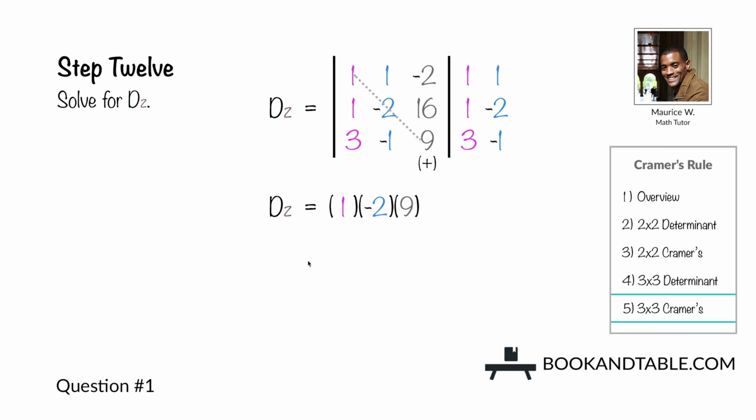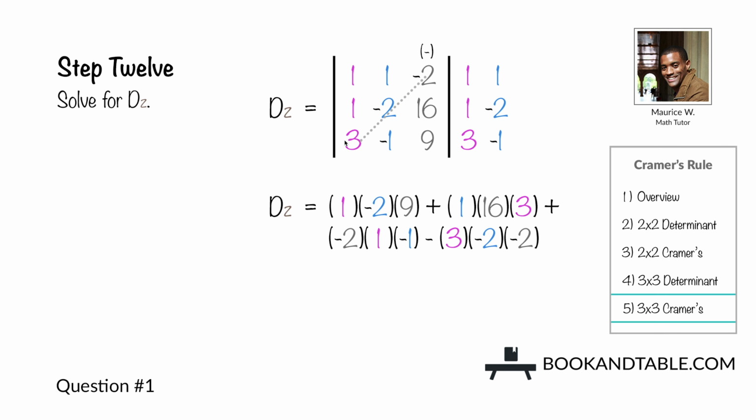So we get 1 times negative 2 times 9 plus 1 times 16 times 3 plus negative 2 times 1 times negative 1. And now we go to row 3, column 1, and multiply the numbers going up to the right and subtract these products. So we get minus 3 times negative 2 times negative 2 minus negative 1 times 16 times 1 minus 9 times 1 times 1. And now we have the expression that we need to solve for dz,